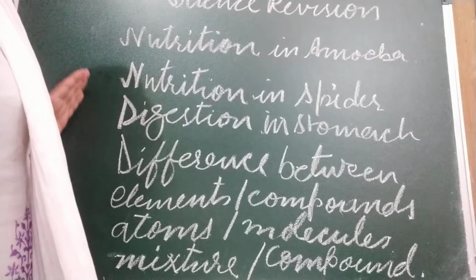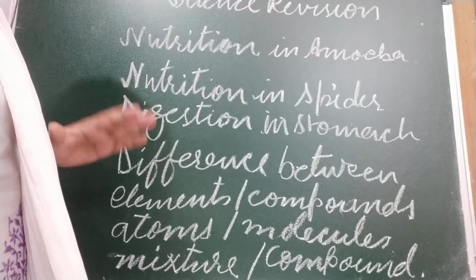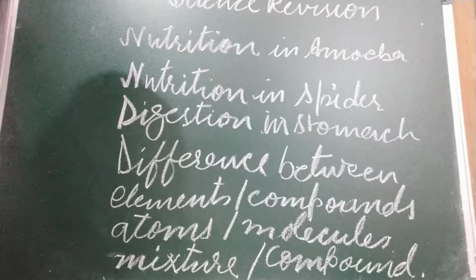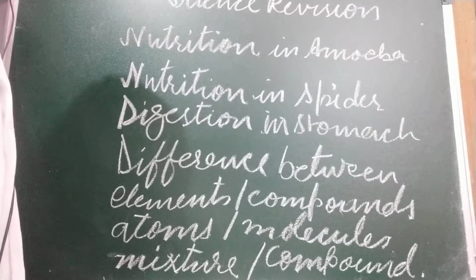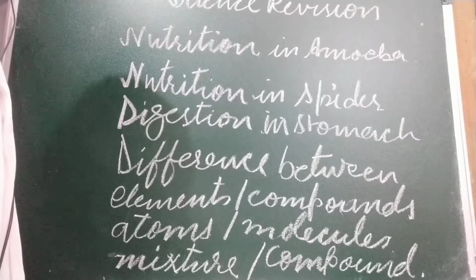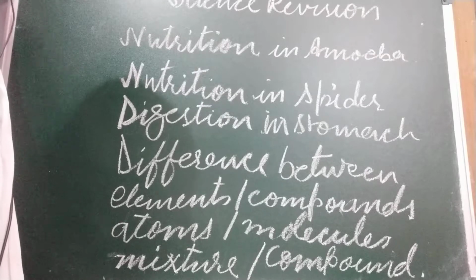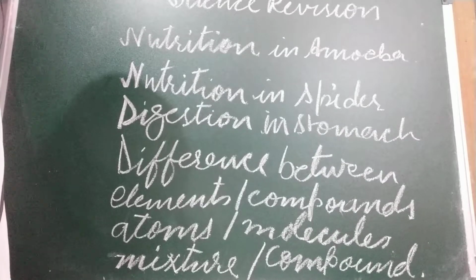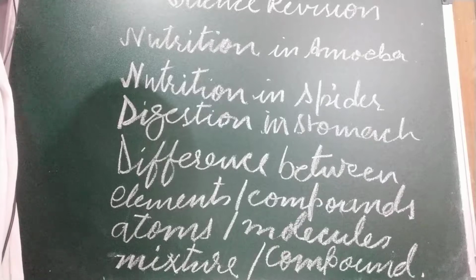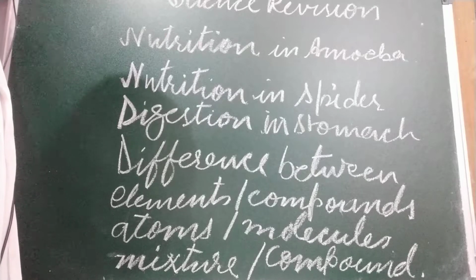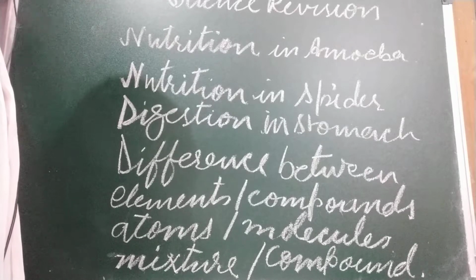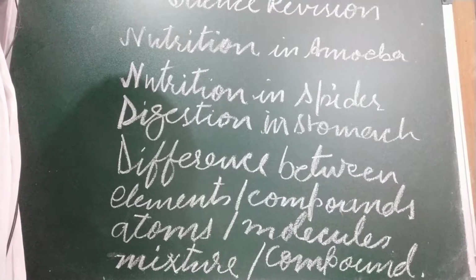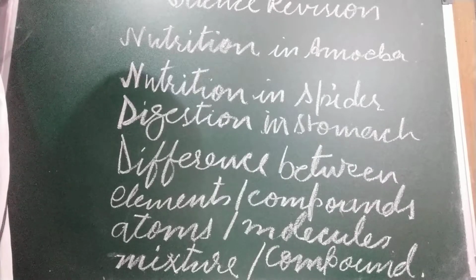Now children, we are going to discuss digestion in the small intestine, where the final digestion takes place. Here the liver and pancreas secrete juices and pour them into the small intestine. The liver secretes bile juice, which is stored in the gallbladder. The bile breaks up fats into tiny droplets that can be digested and absorbed more easily. The digestive juices then act on these tiny droplets to form simpler compounds known as fatty acids and glycerol.